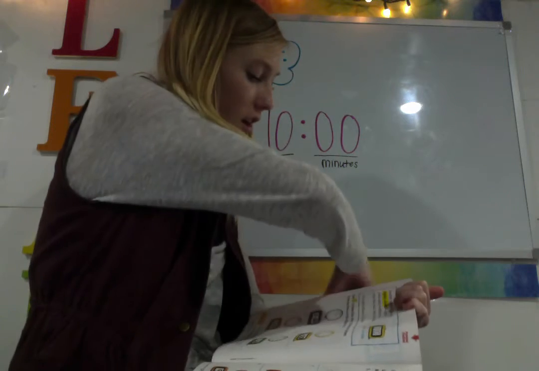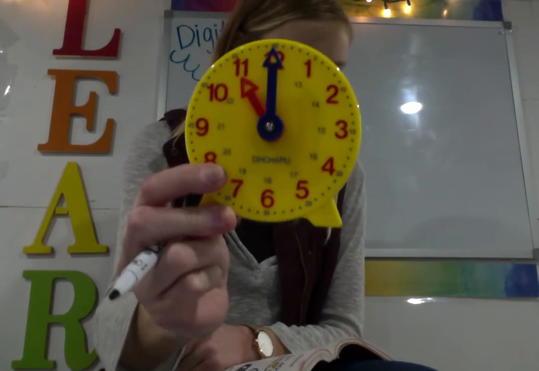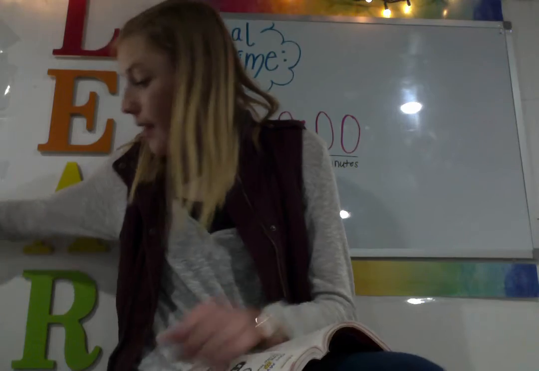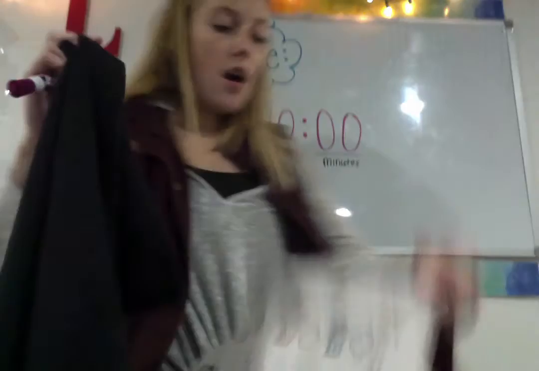So let's take a look at page 596. We're going to do it together, and then you guys are going to do the next page on your own. So page 596. Number 1, the analog clock is showing us this time. The analog clock is showing us 11. The way that we draw 11 digitally,